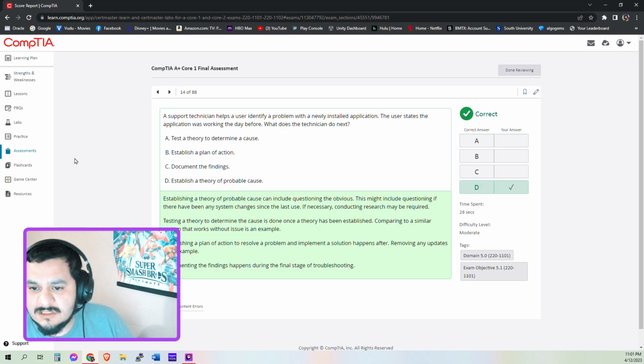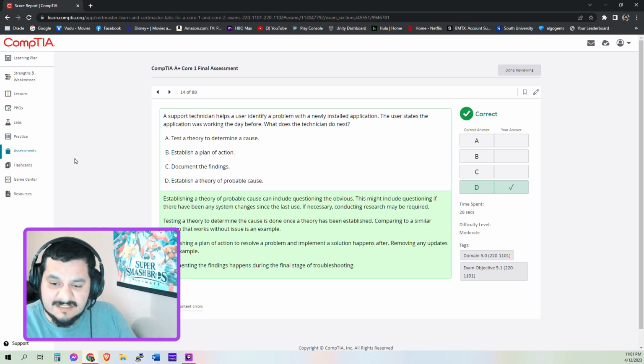A support technician helps a user identify a problem with a newly installed application. The user states that the application was working the day before. What does the technician do next? They establish a theory of probable cause. Because you identify, then you establish a theory, then you test the theory, and then you establish a plan of action to